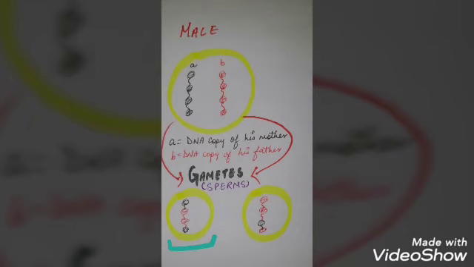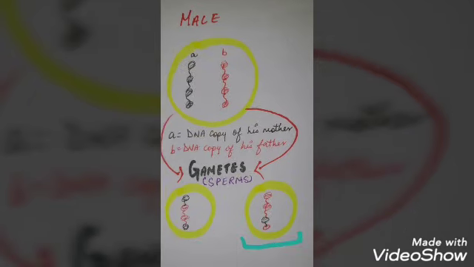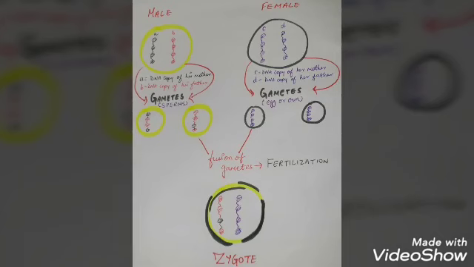Or maybe the next one gets a little different. How? It might get the first two from the father, third from the mother, and fourth from the father, and so on. So imagine if you have 23 such pairs, how many varieties can be formed? Therefore, while gametes fuse, different varieties of offsprings can be made.